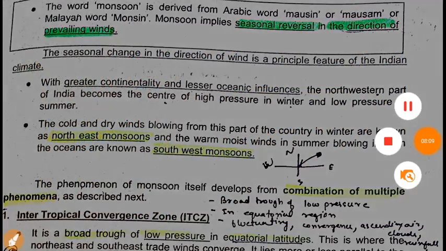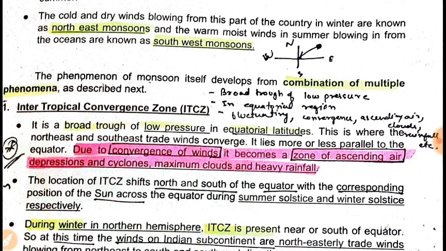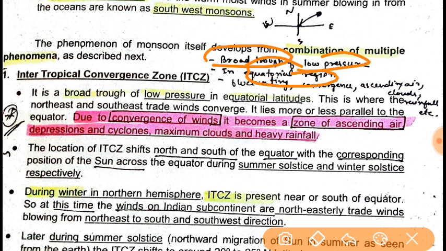Now we come to why this happens. What are the reasons behind it? First of all, we define it, then why and where is its location, why it is shifting, where is this location in summers and in winters, and what effects it has on our monsoon system. First of all, we shall define it. While defining it, we use the term trough, a broad trough of pressure in equatorial regions, fluctuating